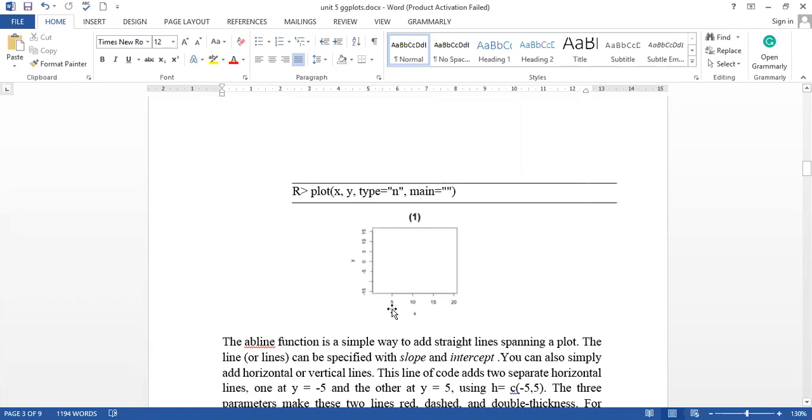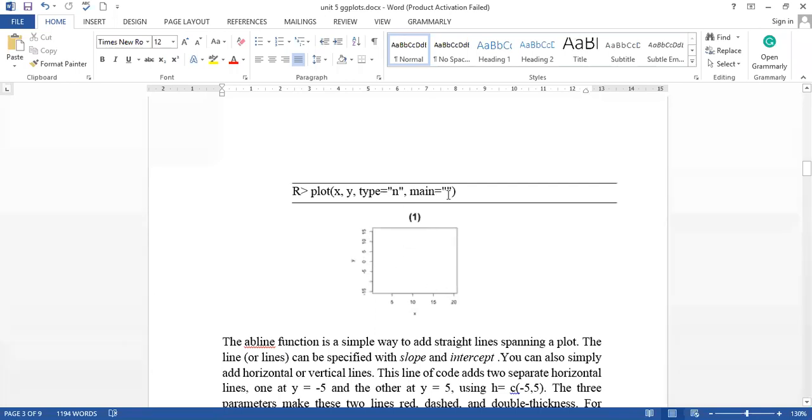As we have taken the value of x from 0 to 20, it takes 0 to 20 as our x-axis, and minus 15 to 50 is the range for y values. So we drew a plain blank plot. The type is defined as n. N means no points and no lines, so there are no points and no lines drawn here.